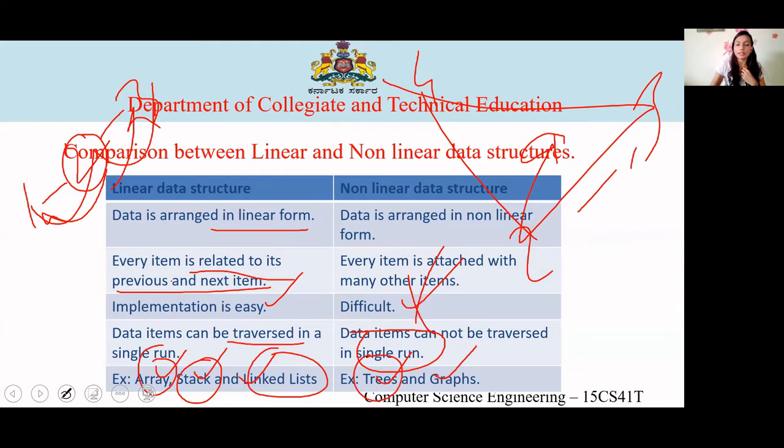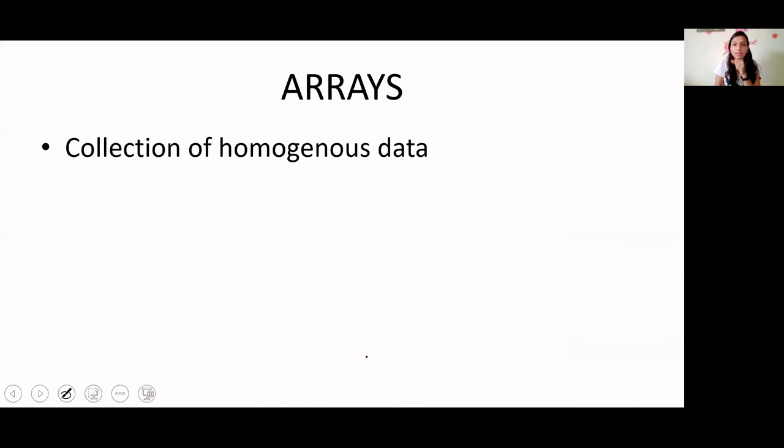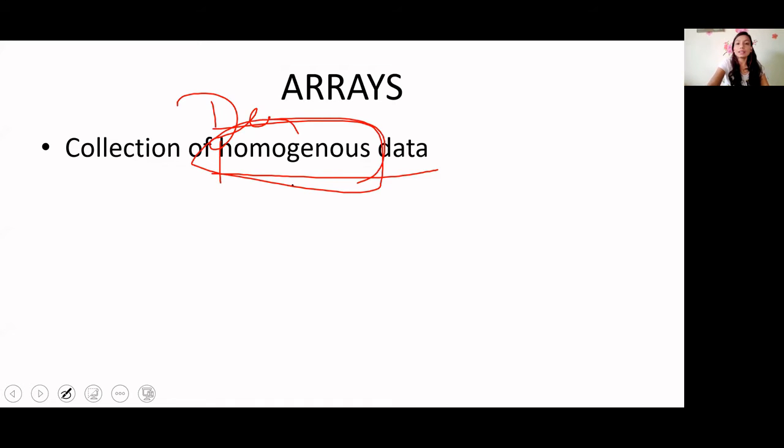Okay, what is a tree? So can you tell me what is an array? Yes, what is an array? Can anyone tell me? Yes, so an array is nothing but similar data type. What data type did you say? It is derived, similar data type. So it has all similar data.